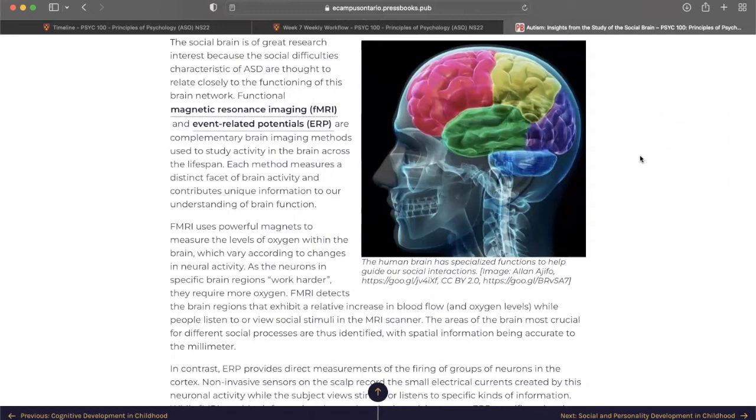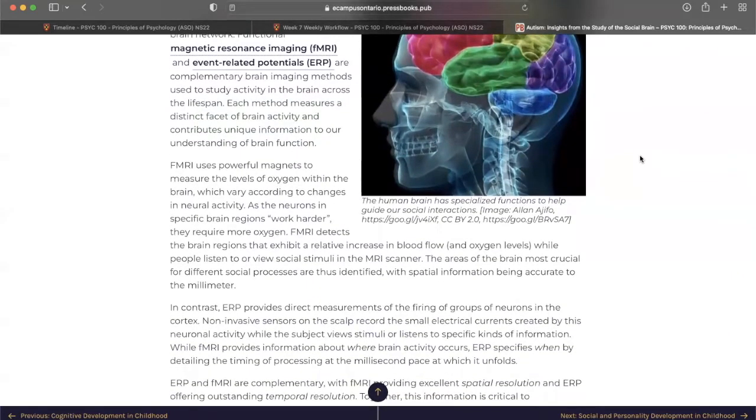brain function. fMRI uses powerful magnets to measure the level of oxygen within the brain, which varies according to changes in neural activity. As the neurons in specific brain regions work harder, they require more oxygen. fMRI detects the brain regions that exhibit a relative increase in blood flow and oxygen level while people listen to or view social stimuli in the MRI scanner. The areas of the brain most crucial for different social processes are thus identified, with spatial information being accurate to